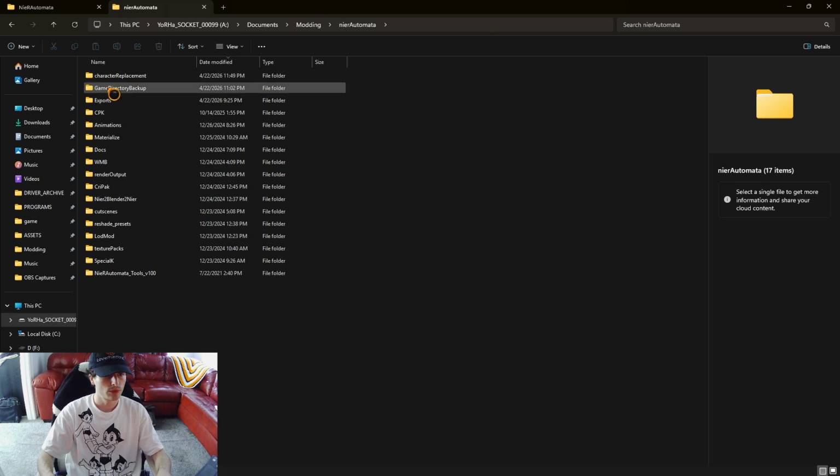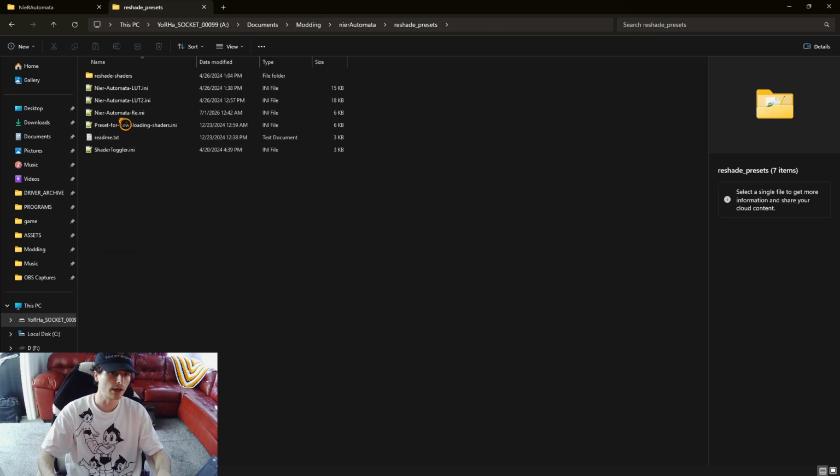Yeah, so I have ReShade presets, which you can find online, but I have a preset for downloading shaders, so that's when you're setting up ReShade in the directory, and then what else? This Nier Automata RE is my main preset file for loading up into ReShade, and that plays